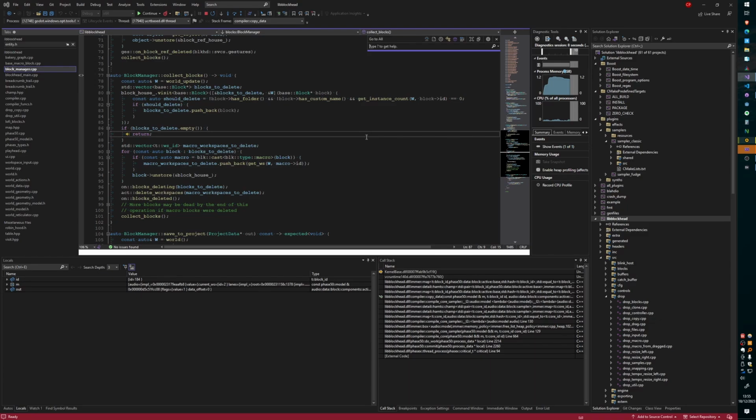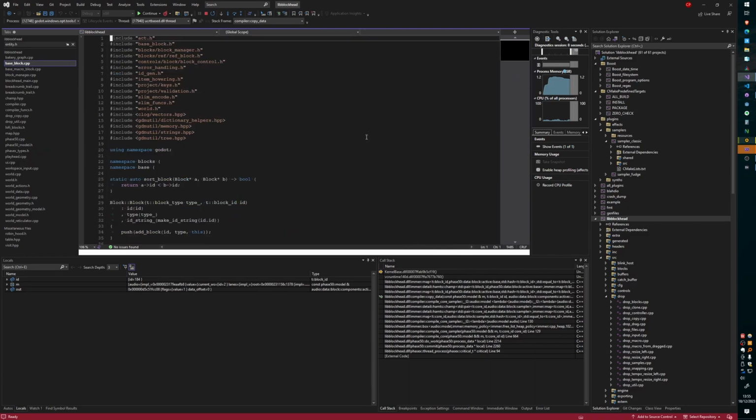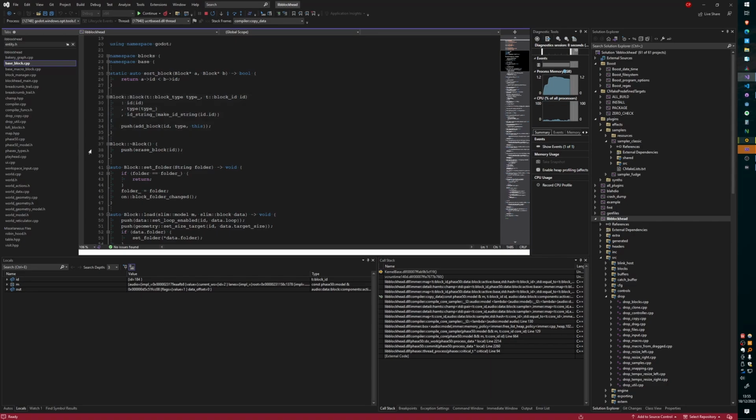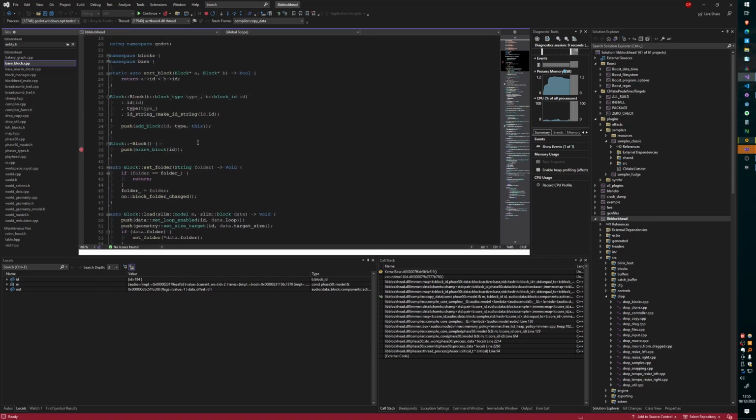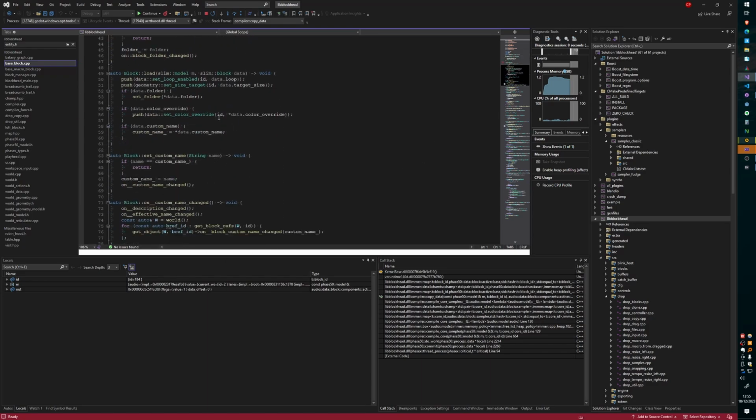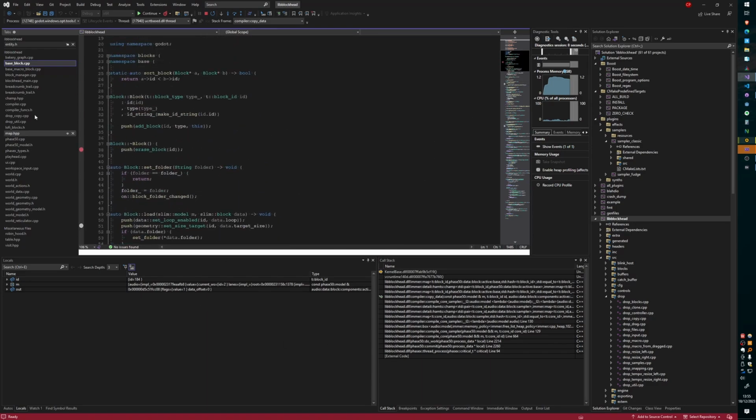And actually, I'm just going to go here. So this is the object-oriented counterpart for the block data that still exists for legacy reasons, but eventually will be refactored away. So for the time being, we still have this destructor here for this object, which is letting the data-oriented model know to erase this block. Anyway, let's see